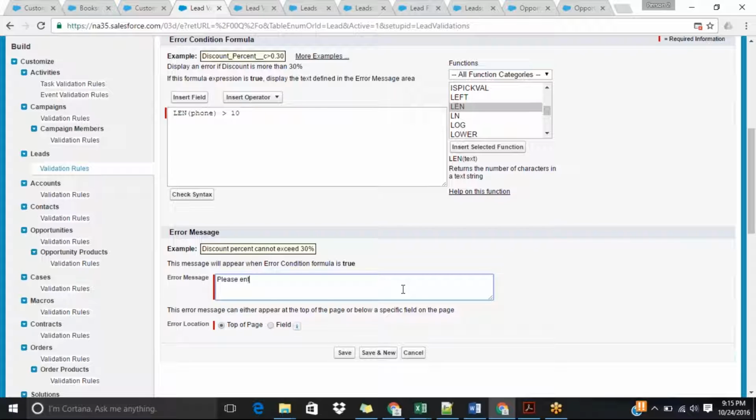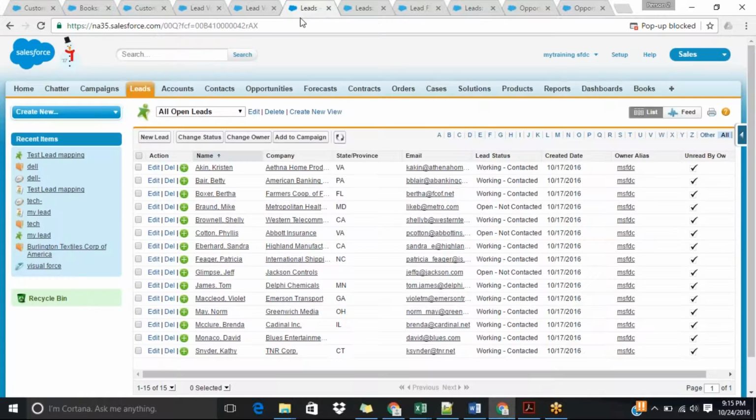Please enter a 10-digit number. Sorry, please enter a 10-digit number. Okay, so where you want to display this error message, do you want it to display on the top of the page? On the top of the page means,